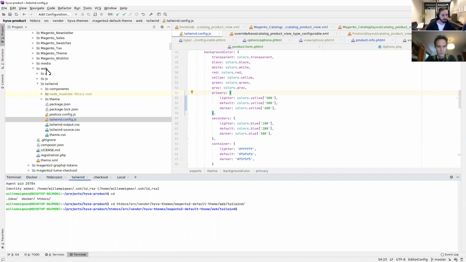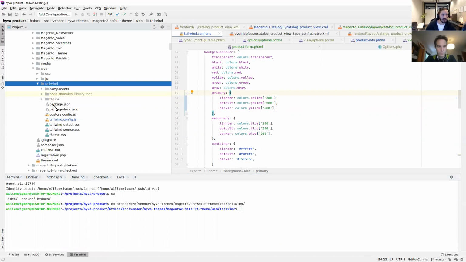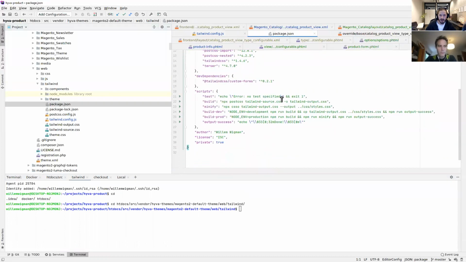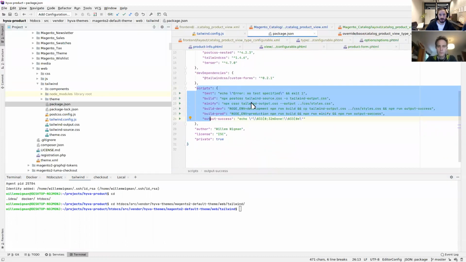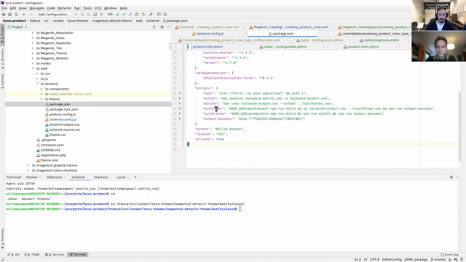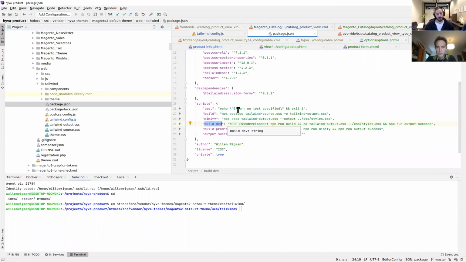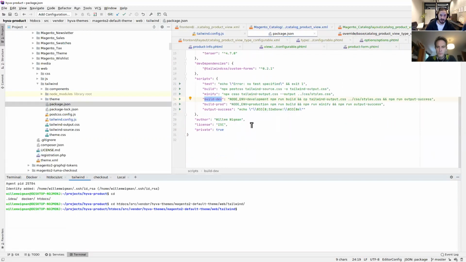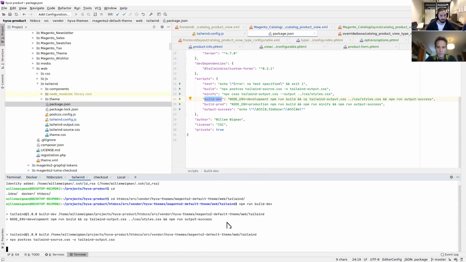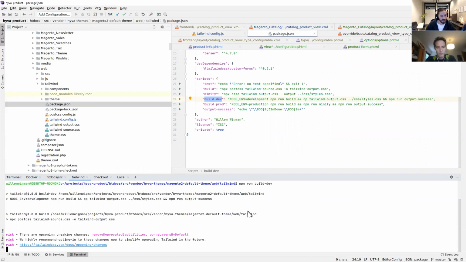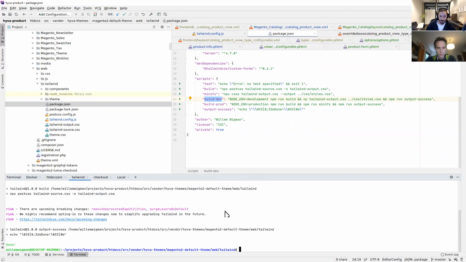Okay, so in my web Tailwind directory, in my package.json, I have defined a few scripts which you can use to generate the Tailwind classes. And if you use build dev, it builds the entire Tailwind library of CSS classes. So I can show you, if you use npm run build dev, it runs a few scripts, and it outputs done. Everything is slightly slower while both recording and streaming, but still